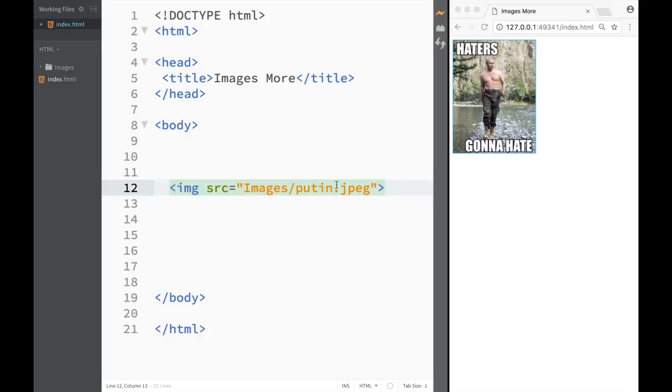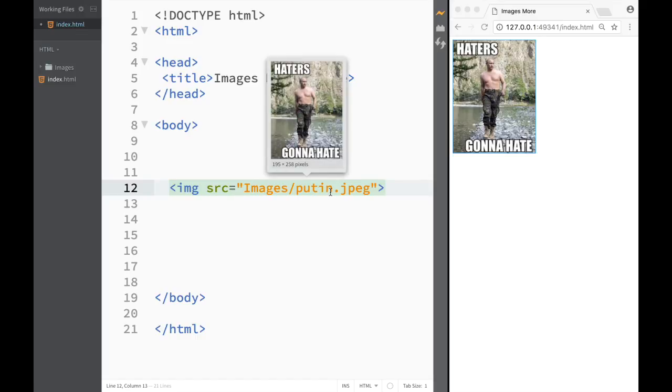We just write a file name, and that's it. We found it right away. However, if we're working with folders, we would have to write a folder, and in this case brackets is going to give us the file name, but then you would have to write a file name if you're